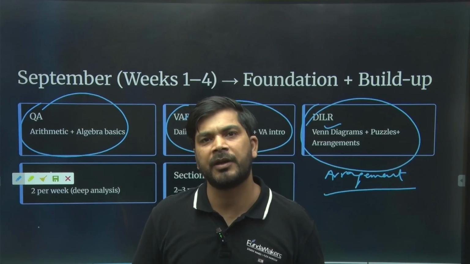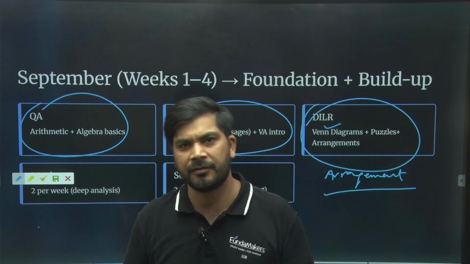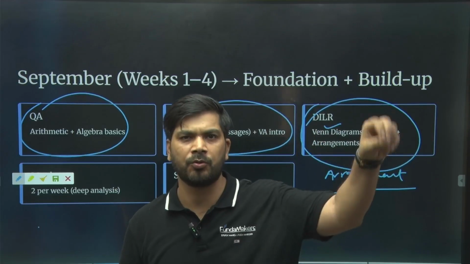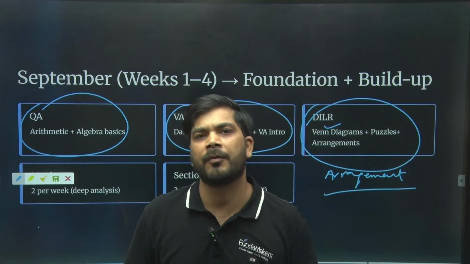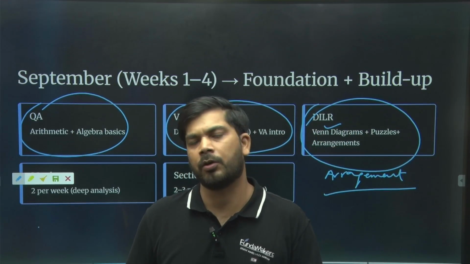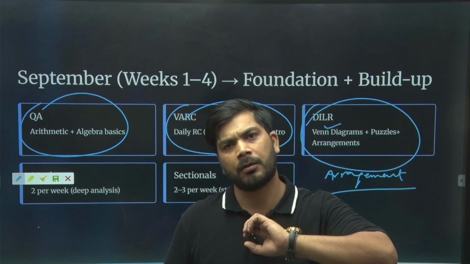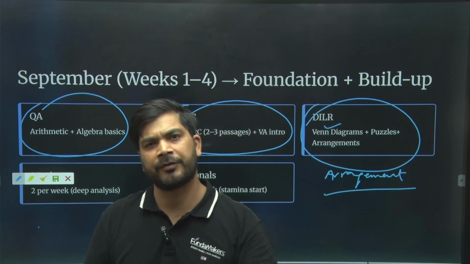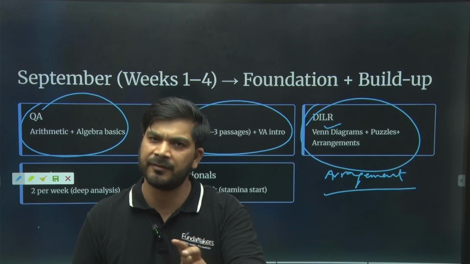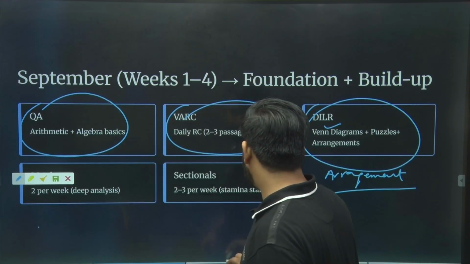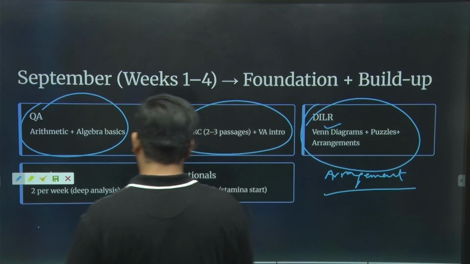VA, 1 hour of reading, 1 hour of time-bound practice every day. DILR, start with basic questions like arrangement and then puzzles, and then move on to a bit more complex chapters like Venn diagram or roots and network or games and tournament, right? So in the first month, you focus on making yourself familiar with the type of questions and start cracking the caselets. Even if they're easy, doesn't matter.